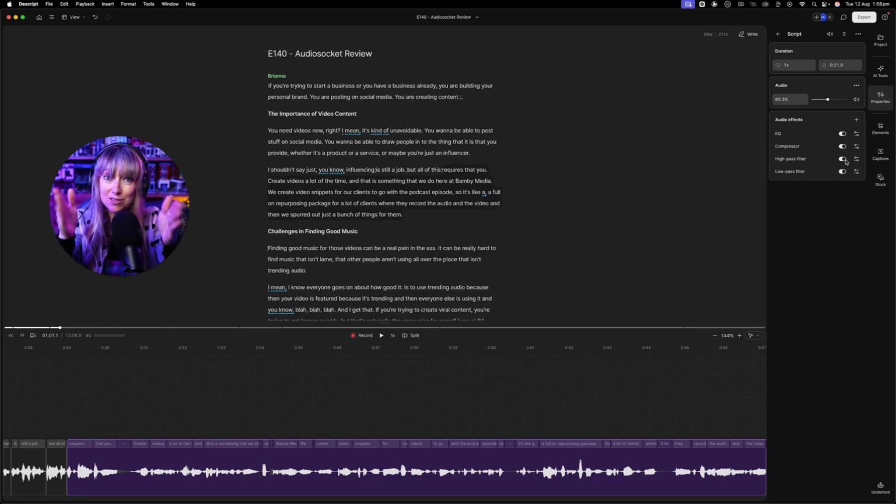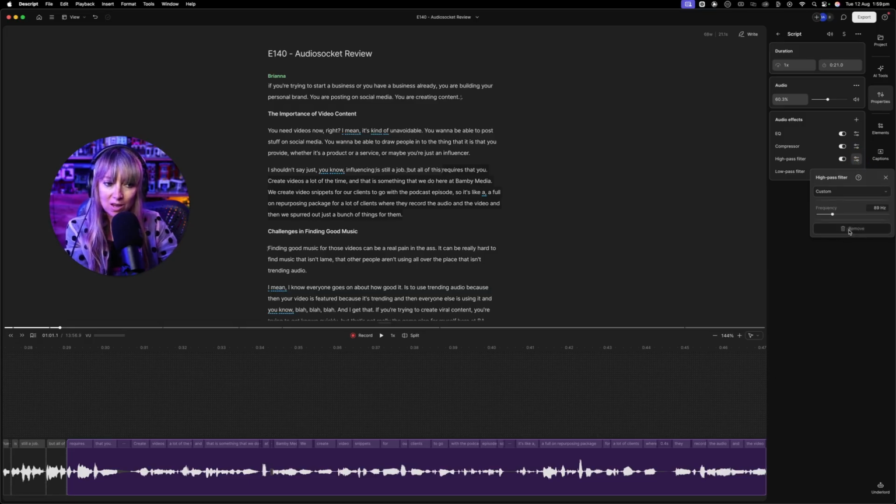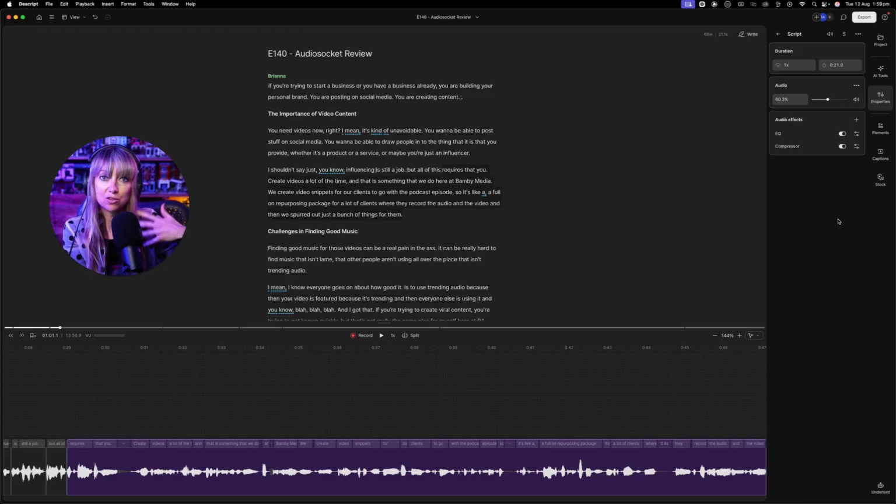I don't really use these in this context, because, I mean, you certainly use it a lot in music production, but not so much in audio production, depending on the kind of room that you're in. Sometimes if you have like an air conditioner that's humming, and you got this drone all the way through, then you can actually use a high pass filter to reduce that. So if I put that back in,